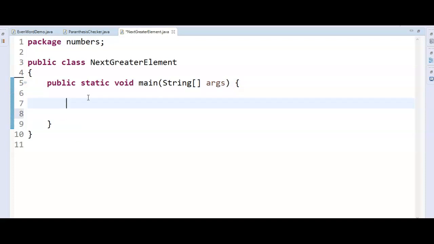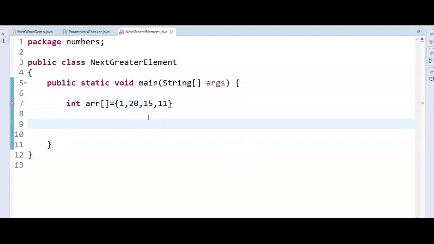Let's write the main method. And take an array. I'm creating an int array with the same elements as before: 1, 20, 15, 11.